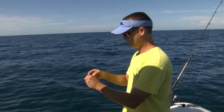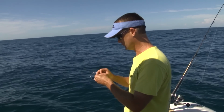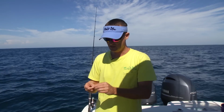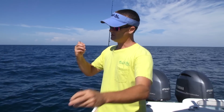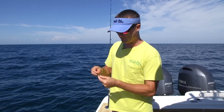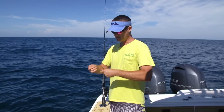And it comes really nicely rigged for you, so you don't have to go through all that hassle when you're on the boat or rig a bunch of stuff the night before if you're busy. And they do them very well. After I get that unraveled, they already have a really nice swivel on there as well. All I gotta do is just tie a uni knot, get it on the line, get my bait on it,